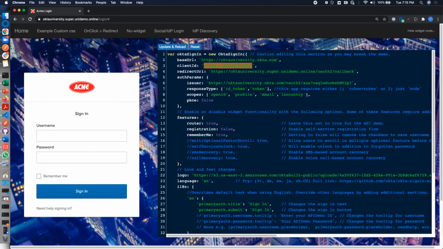Then the important one here is the issuer, which contains the auth server, the custom auth server, where my inline hook policy was defined. And lastly, I'm adding in-country as a scope. So let's try first without the in-country scope. What does that look like? If I remove that and update this,